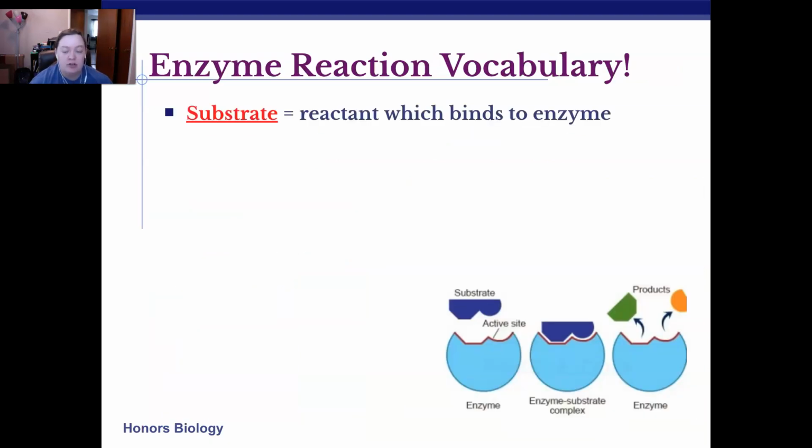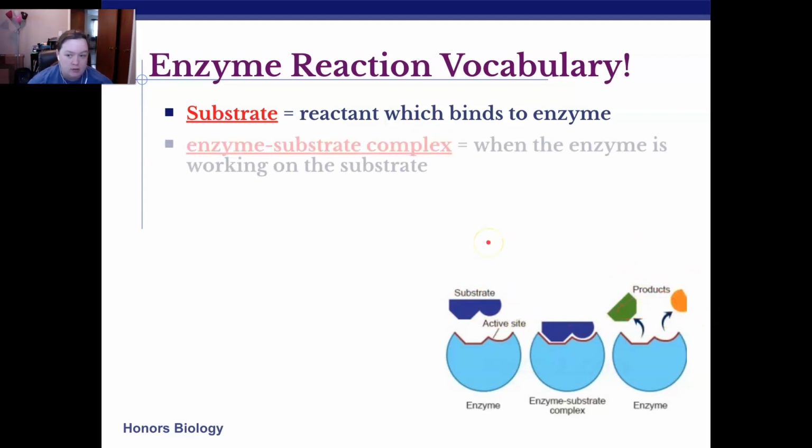So here's some vocabulary you'll want to be familiar with. So substrate, the substrate is the reactant that binds to the enzyme, the thing that the enzyme is working on. If I want to take, I don't know, my little toy here and split it into two, this is my substrate, and the thing that comes and helps it break is my enzyme. So my hand is the enzyme, this is the substrate. Substrate is the thing that's going to be acted on, the thing that's going to change. So if you see here, here's my substrate, and eventually it's going to be broken or changed in some way